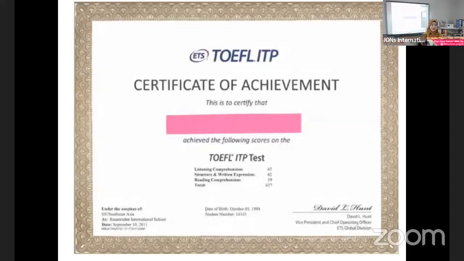Okay, now, this one is the example of the certificate, TOEFL ITP certificate. So this one, yeah, there will be your scores for each section. Jadi nanti akan ada skornya per section, listening, structure, and reading, and then also the total, right? So your scores will be written there, so you know your scores. And then this is the official, yeah. If you take the official TOEFL ITP test, you'll get this kind of certificate. This one is official from the ETS.